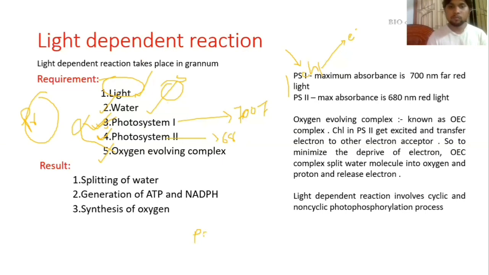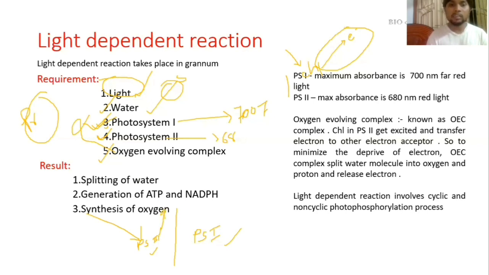We have photosystem 1 and we have photosystem 2. Why I have written PS1 in here and PS2 in the first? I will tell you that. Because first light has been captured by photosystem 2, chlorophyll. First light has been absorbed by the chlorophyll A, and it excited the chlorophyll A, and it released